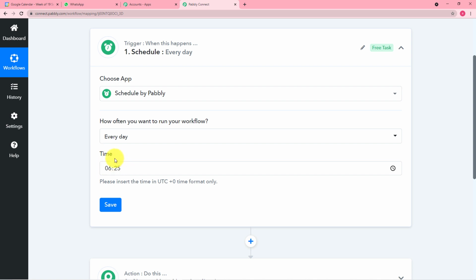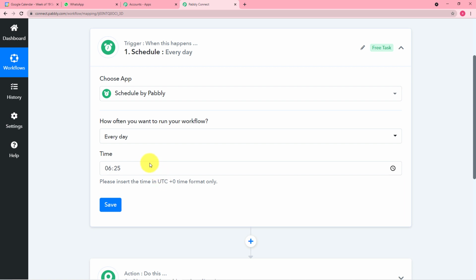Here it is asking for the time at which you want to send the reminder messages. You have to put the time in UTC format. This is called universal coordinated time format, which lags behind IST by 5 hours 30 minutes. So you have to convert IST to UTC format.